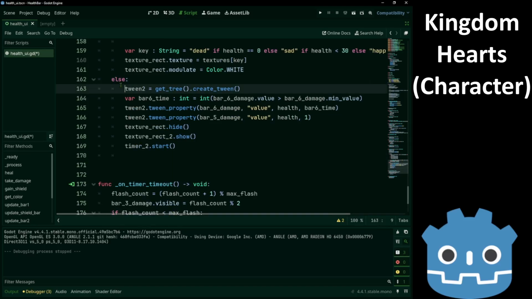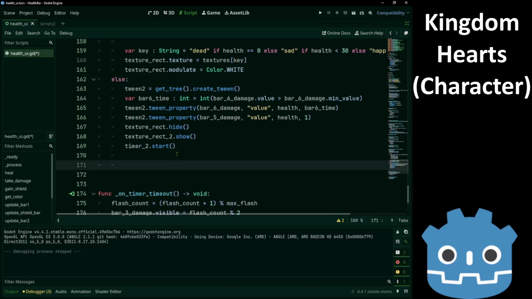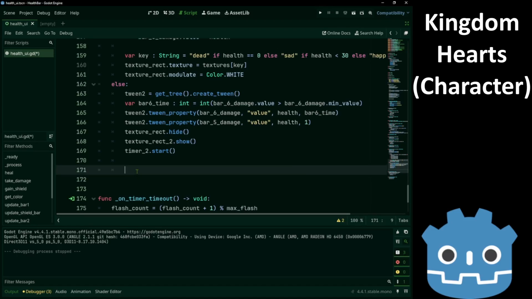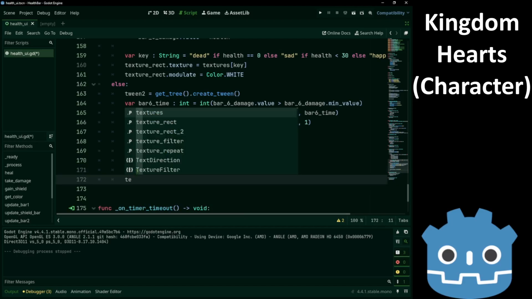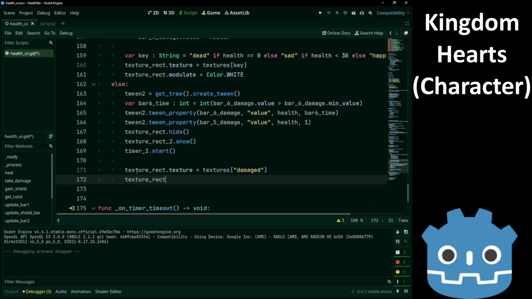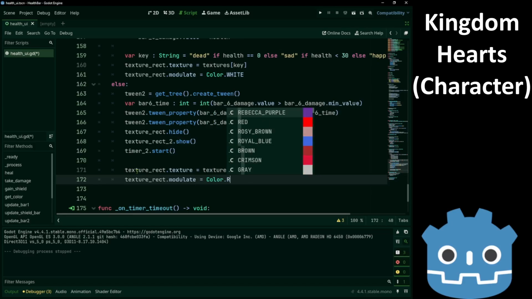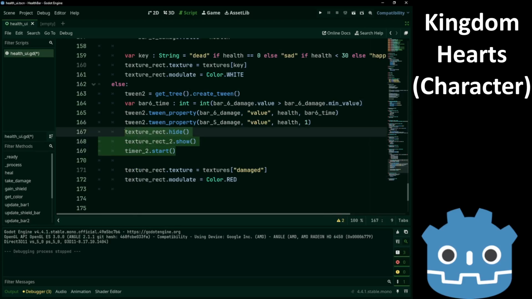Okay, in the else, this is where we take damage. Texture rect dot texture is equal to textures damaged. And we set the modulate to red. So we don't need this anymore.